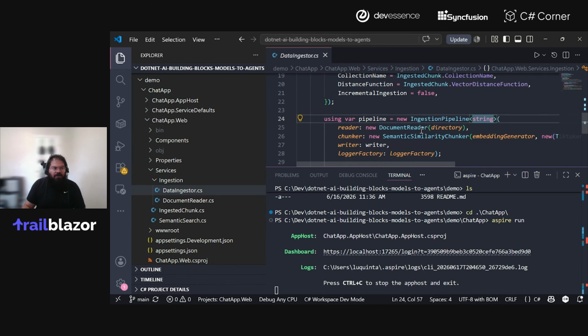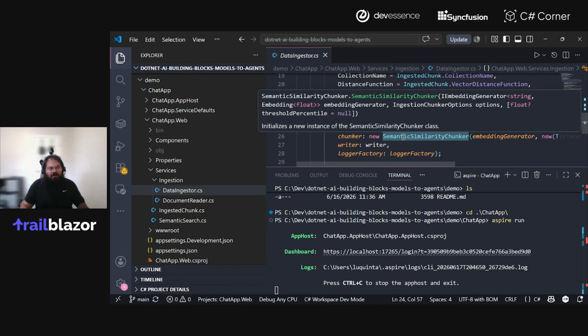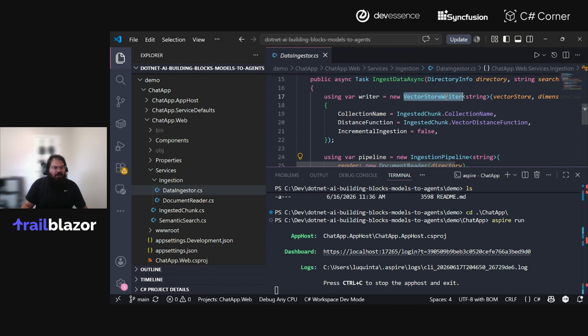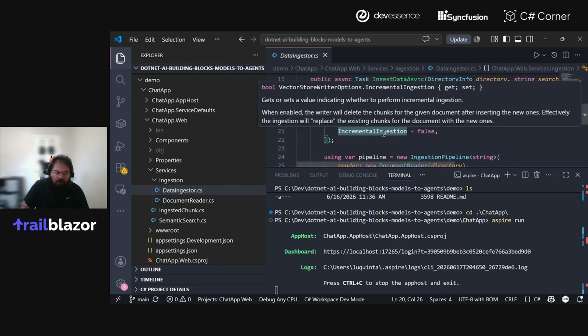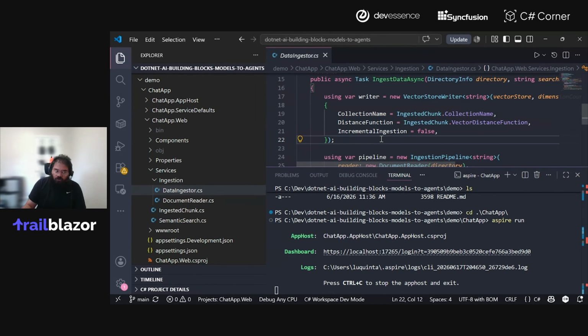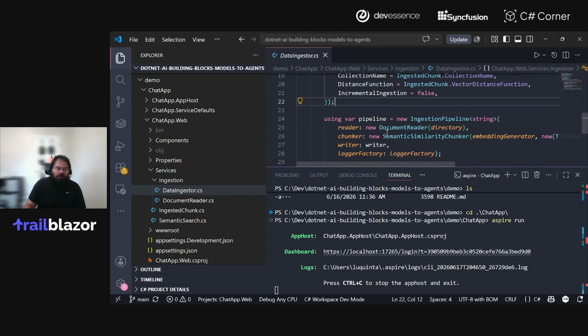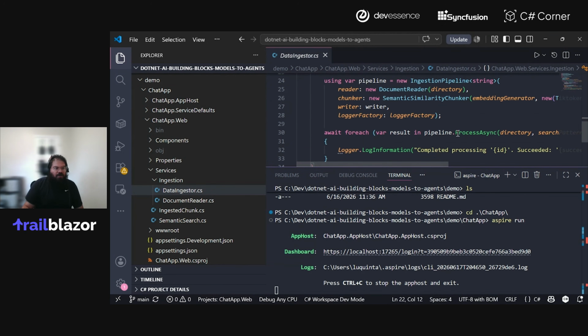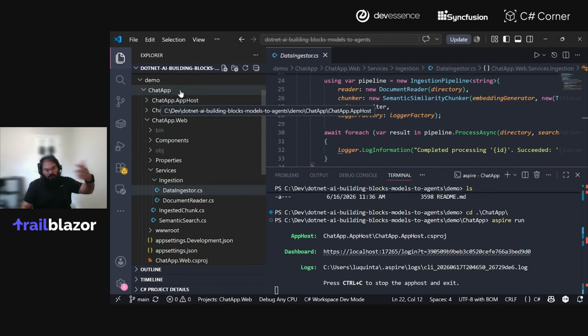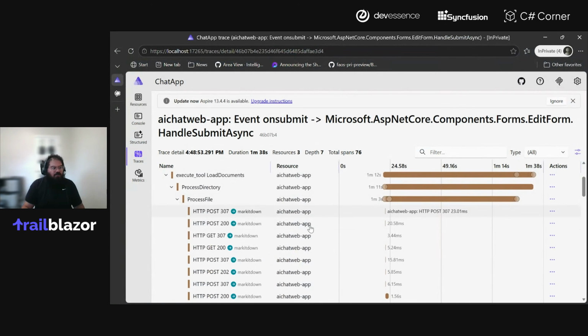Chunking and basically processing the documents, and then this vector store writer is actually leveraging the vector data set of primitives, to enable you to just plug right in any sort of vector store that you're using to store your embeddings. So once you've defined your pipeline, which readers you want to use, the chunkers that you want to use, where you're going to be writing your data out to, you just do pipeline process async, and that's effectively what's running this processing service that you saw here.